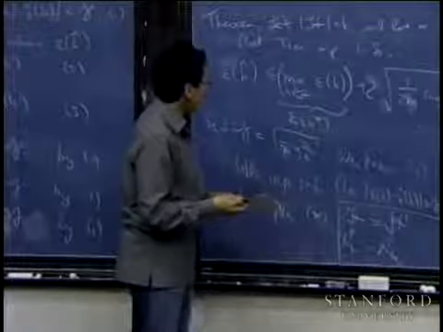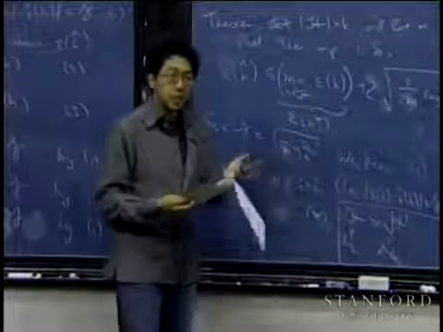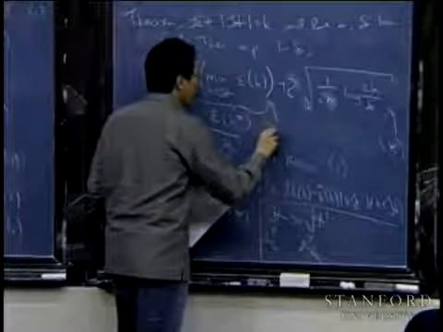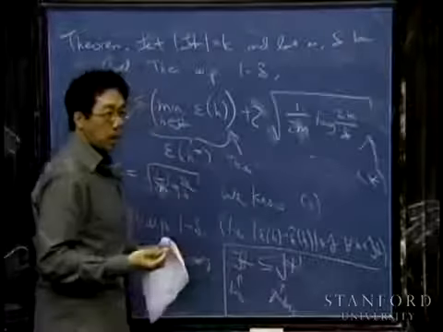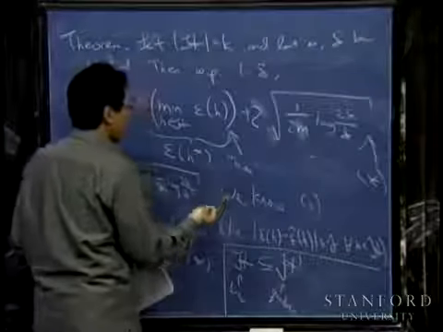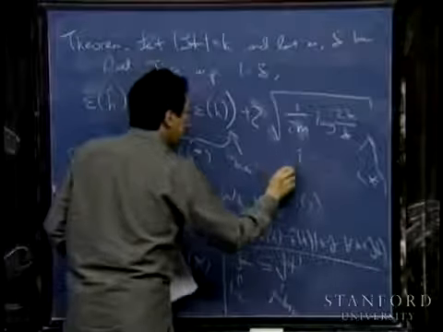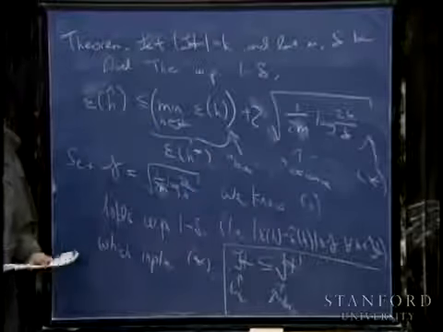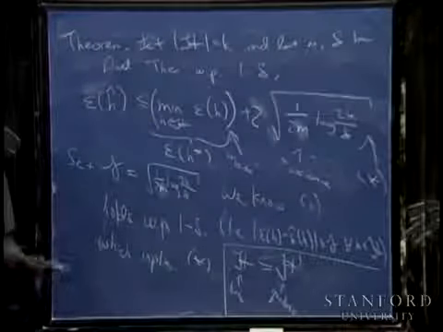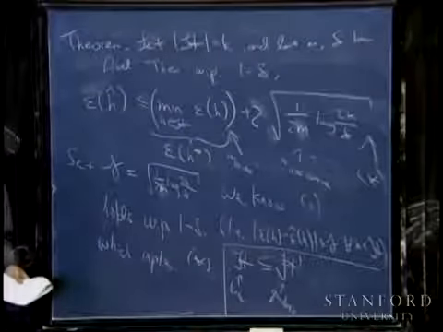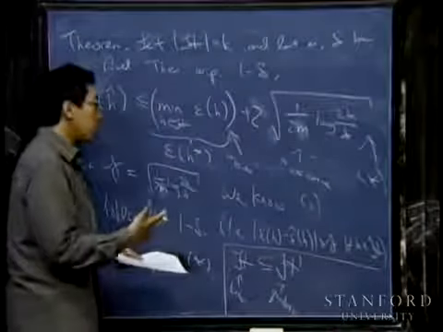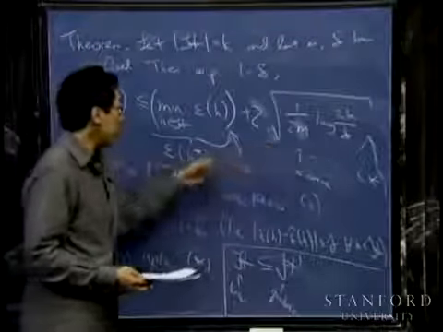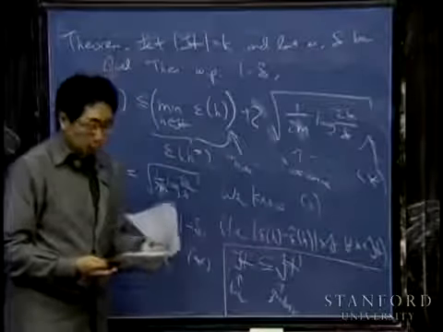And so, speaking very loosely, think of this first term as corresponding to the bias of the learning algorithm, or the bias of my hypothesis class, and again, speaking very loosely, think of the second term as corresponding to the variance in your hypothesis. In other words, how well you can actually fit this hypothesis class to your data. And by switching to a more complex hypothesis class, your variance increases and your bias decreases. Okay.